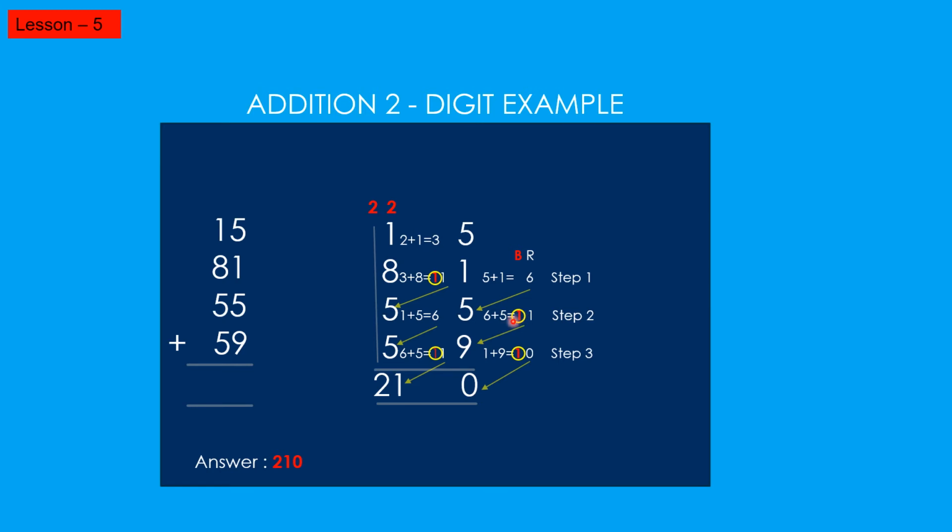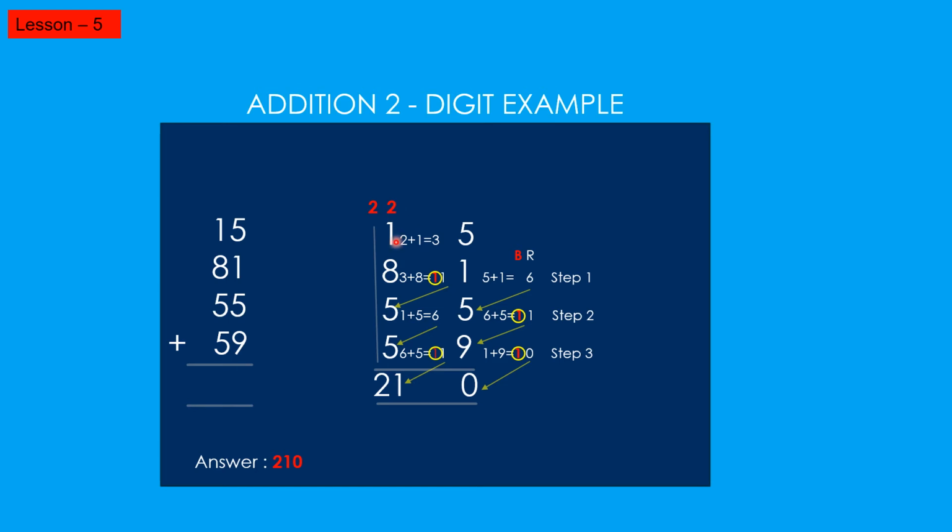So again it is a 2-digit number. In 11 you circle the 1 as your base and this 1 is added to the next number 9. 9 plus 1 is 10. Again a 2-digit number. In 10 you circle 1 as your base and 0 comes in the answer box. Now you see how many bases you have circled? 2, 1 and 1. 1 plus 1 is 2. You write 2 in the next column and then you again start adding from the topmost number.